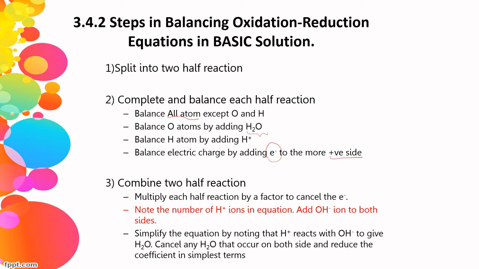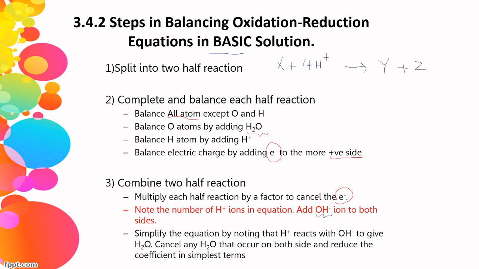After we did all these mini steps, we combine the two half reactions and we multiply each half reaction by a factor to cancel the electrons. So this is where it is different. In acidic solution, we do not have to add OH minus ions, but in basic solution, we need to add OH minus ions. For example, if we have an equation like this, X plus 4 hydrogen plus becomes Y plus